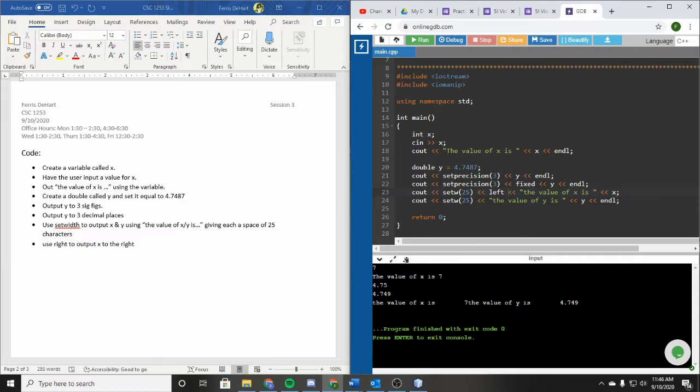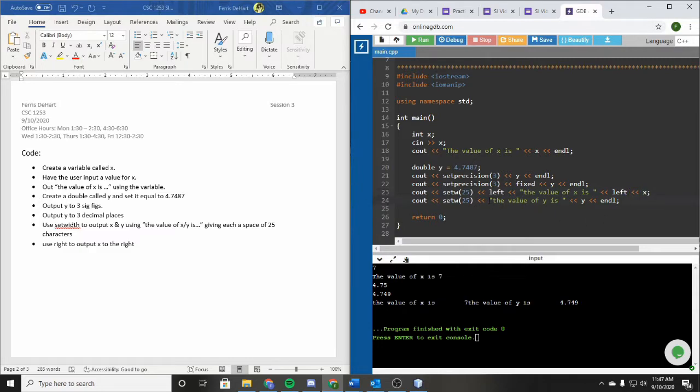So you can see here that the value of x is pointed to the left, and then you can see that 7 actually pointed to the right before it continued its thing. And you can see that the value of y also went down. So it does keep memory of what you did, which is also why it's putting out y as setprecision 3 fixed. If you were to also do a left here,